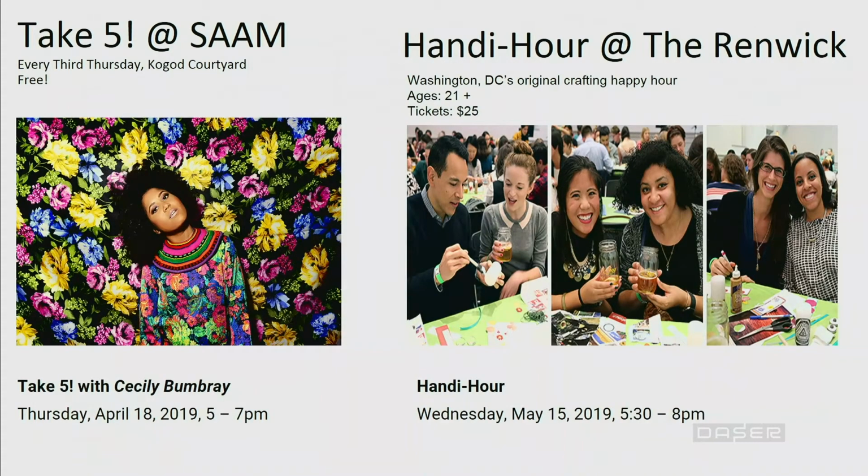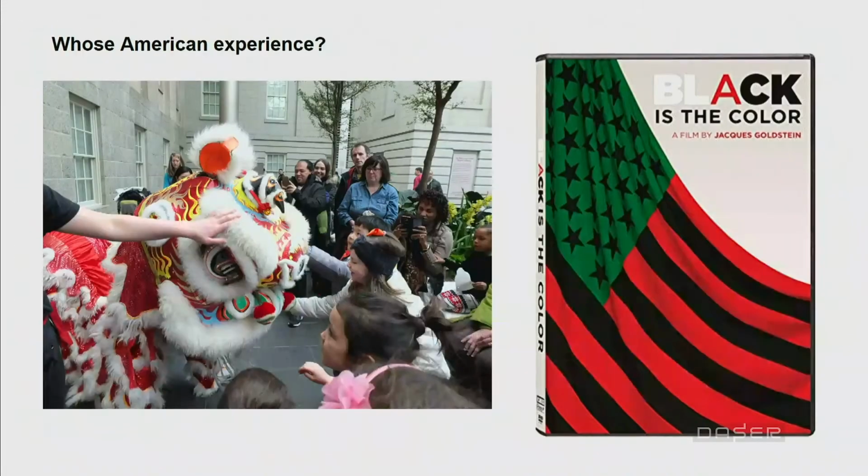As such, audience cultivation and development is long established. These are two examples of our most popular programs, Take 5 and Handy Hour, which have, over the course of almost 10 years, cultivated audiences in the hundreds within the local jazz and craft appreciation communities. As an institution broadly interpreting the American experience, it is necessary that we regularly analyze our gaps in audience representation. Looking at our demographics, I've begun to develop a new outreach strategy to strengthen our relationships within our vastly diverse